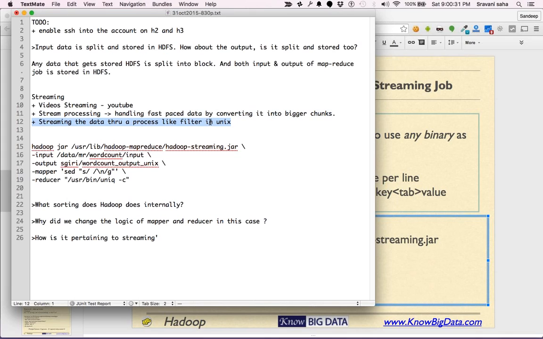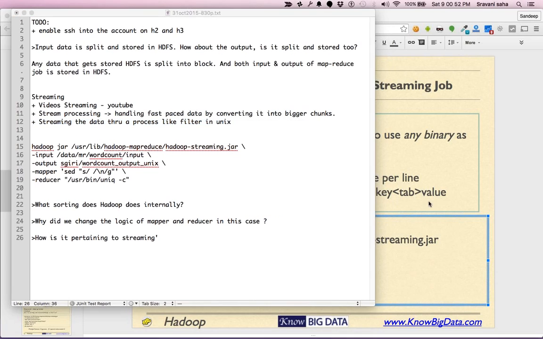Streaming means passing your data through any command. That's one of the big confusing words you will encounter. So here we are talking about passing your data through a command, and that's what we did, right?